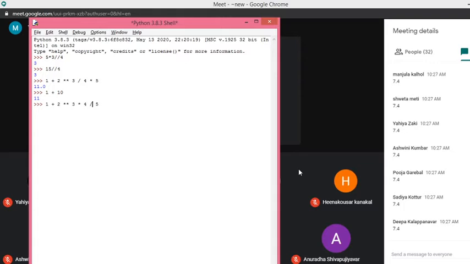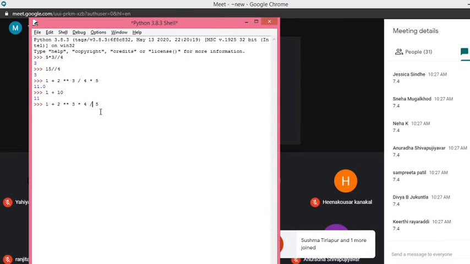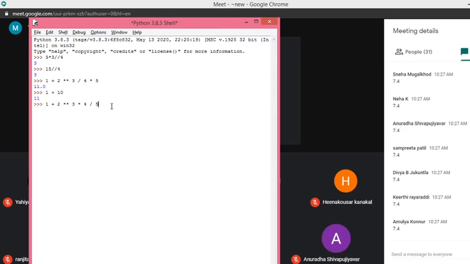Okay, that's right. Now we'll see here. Once again, I will tell you, if you just go with the order of precedence as per the table, only the order of precedence in the table, then we'll get the wrong answer, not the 7.4. So I'll just type here. Now 7.4, we got the answer 7.4.